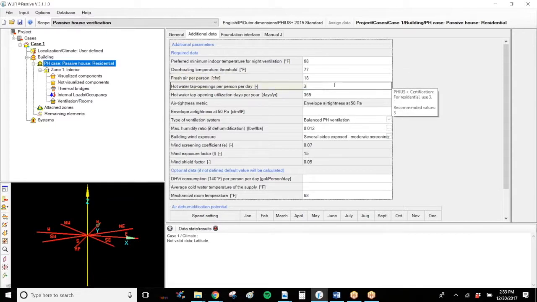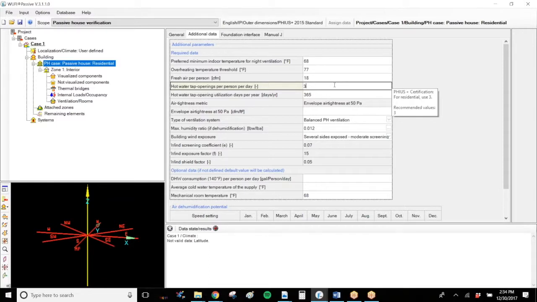Moving down, the hot water tap openings per person per day. The default for PHIUS certification is 3 for residential buildings. This can vary quite significantly for commercial buildings. Essentially, in WUFI Passive later on, you will enter the total length of the hot water pipe runs. What this assumes is that that total length of pipe goes to each of the individual hot water taps, and that each person occupying this space or living in this space in this case opens each one of those taps